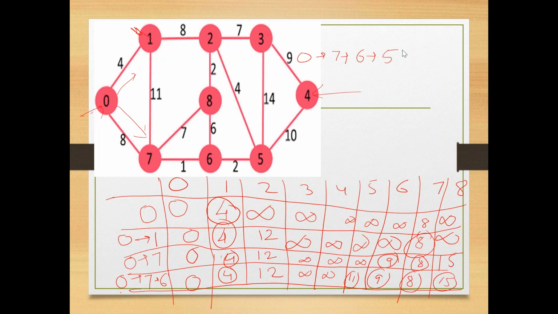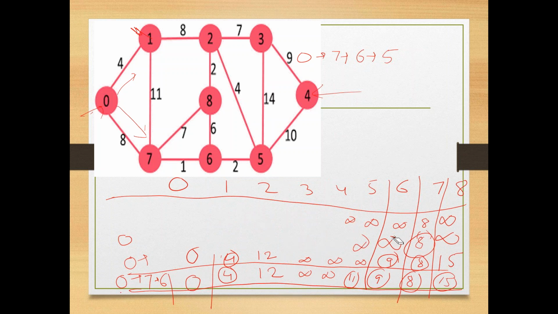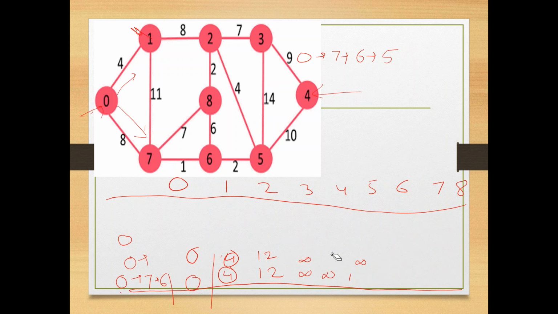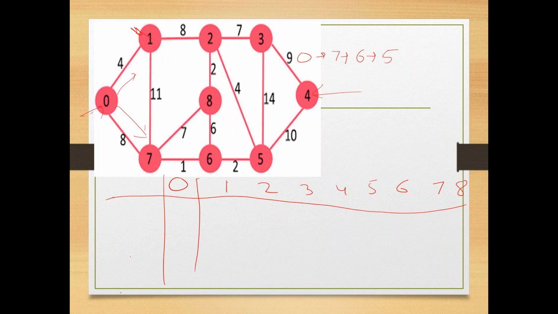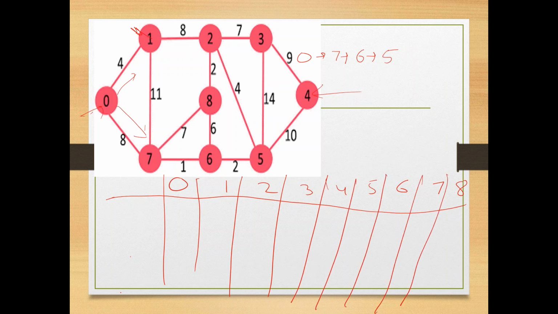Okay. So the next value will be, you can fill it, or I'm erasing this all. Hope everyone has written. I will be completing the table. We will be completing the table for 0, 7, 6 and we will be seeing how many paths can be there for this graph.